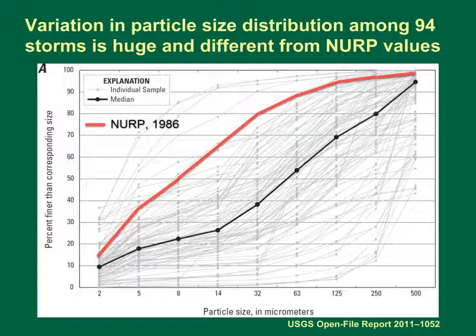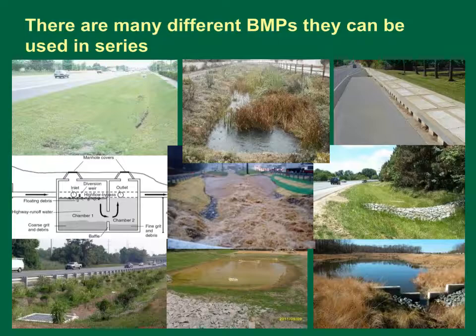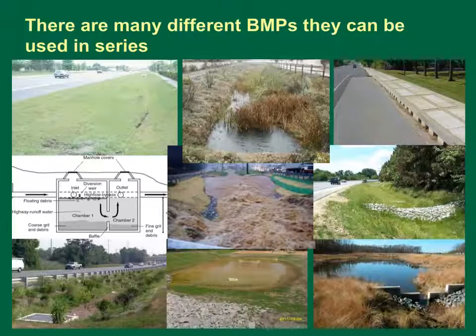If we were trying to simulate even the simplest BMP and most common treatment method, gravity settling, we could be way off with a deterministic model. And obviously, a study with few events may not really characterize treatment if grain size distributions vary this much in urban and highway runoff. Modeling the effectiveness of BMPs is difficult because there are many different types of BMPs,